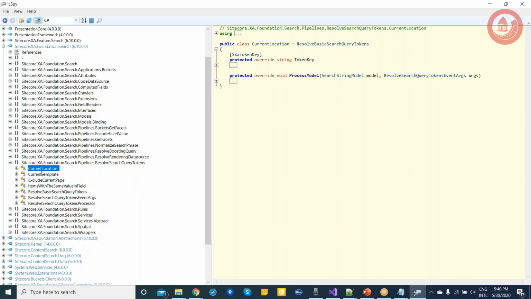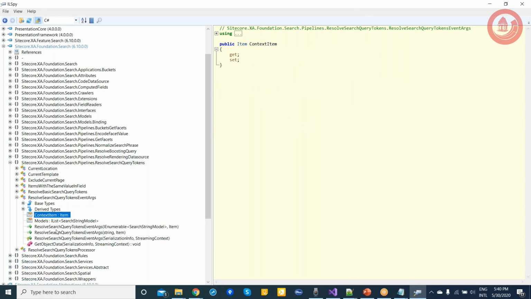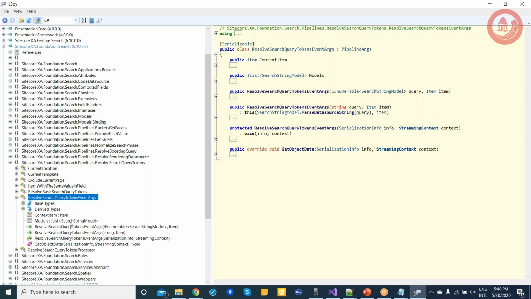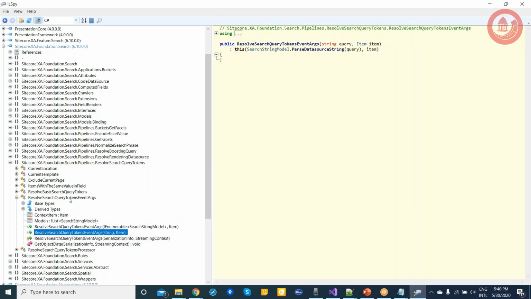Like, let's say for the current item, if you want to exclude it, you will overwrite this process model. You'll say, okay, the location, and then I need to exclude this one, and then you'll pass your condition here.